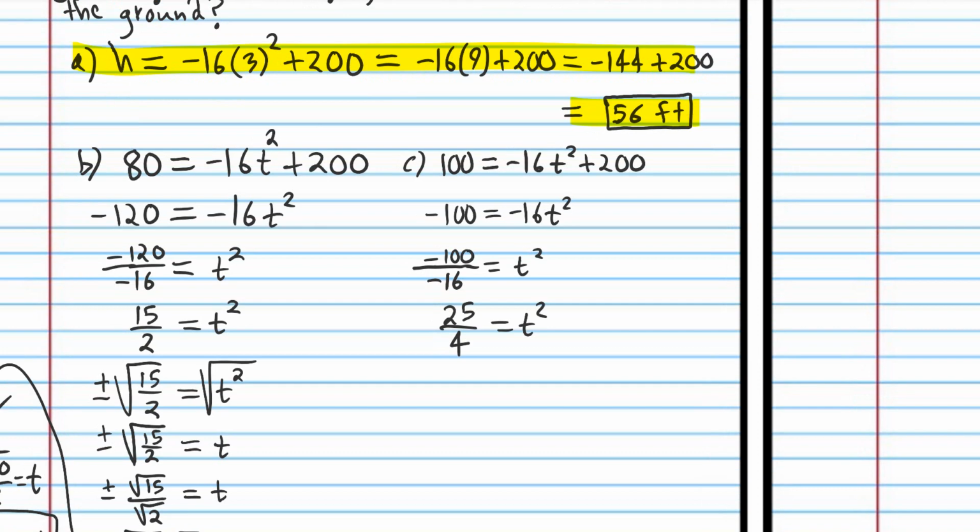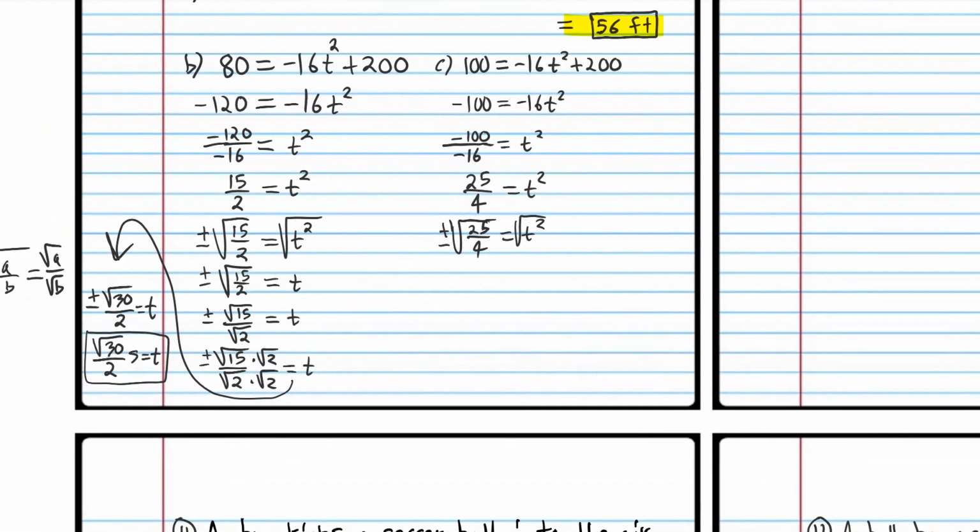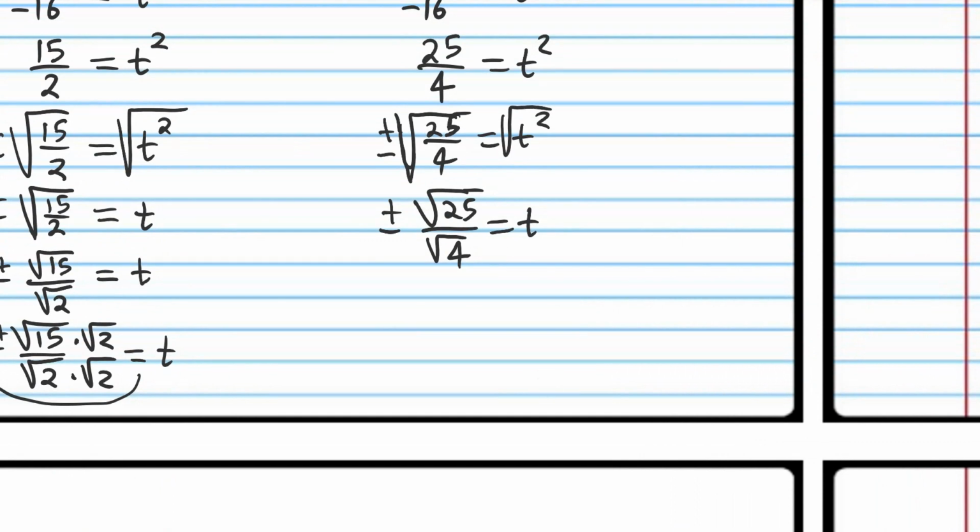And now we're going to square root both sides of the equation. And as usual, we have to put plus or minus. And using the same principle, we have square root 25 over square root 4. And that's going to be really easy, because square root 25 is 5, and square root 4 is 2. And of course, we can get rid of the negative because time cannot be negative. So we're left with 5/2